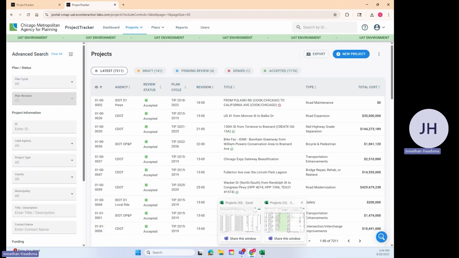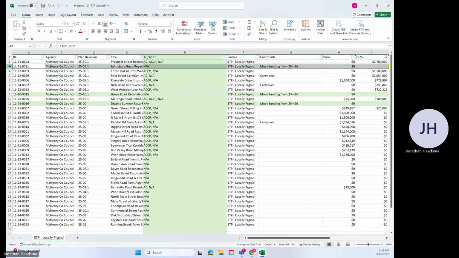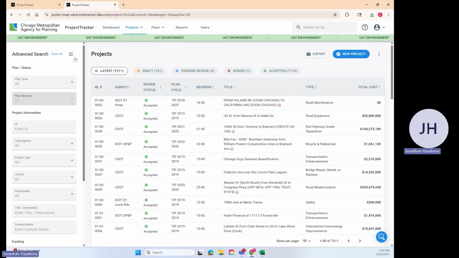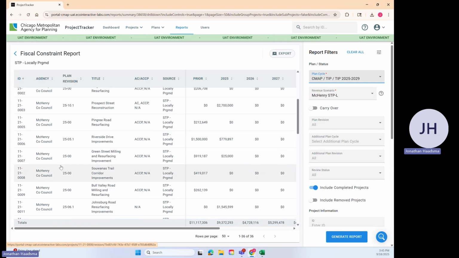We can go back to our spreadsheet, mark that we looked at 11/2015 and moved it over into the new TIP. And finally, let's look at 11/21/11 here. So if we move back to the platform and find 11/21/11,